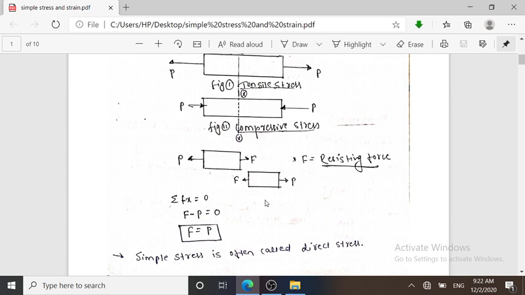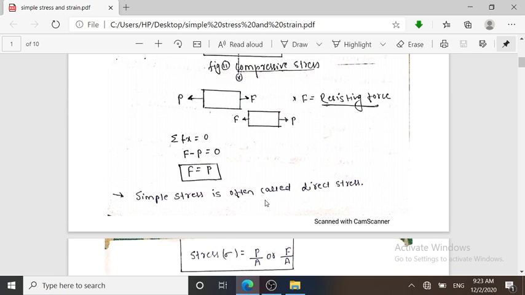As you know, the simple stress is often called direct stress. Either we can term it as stress, simple stress or direct stress, both are the same. The direct stress acts exactly on the center of the neutral axis. Later we will discuss eccentricity, or loads acting beyond the neutral axis. Later we will discuss all these things. Here we are only concentrating on the direct stress. So direct stress acts exactly on the center of the neutral axis, means on the line of the neutral axis, not away from the neutral axis.